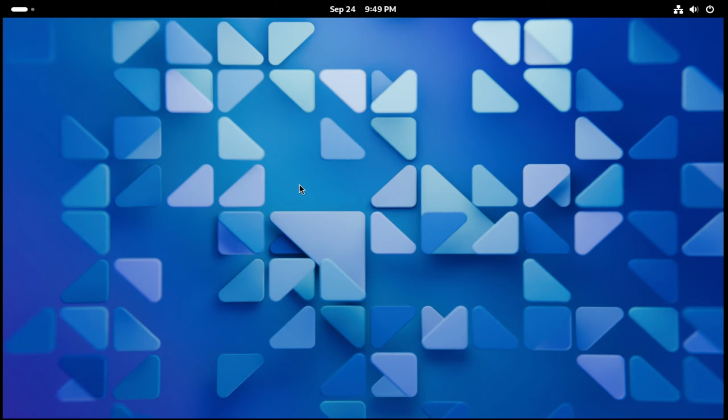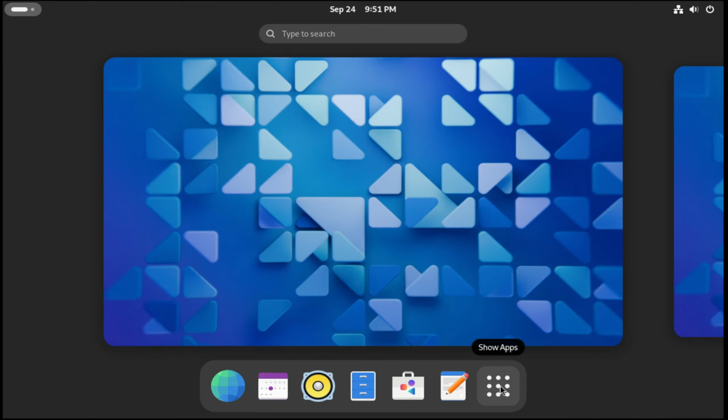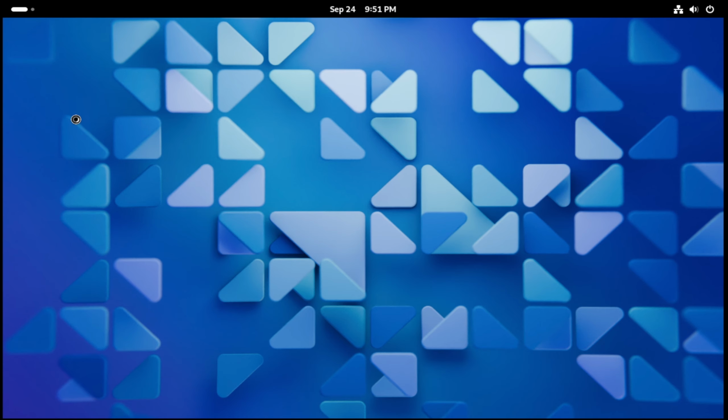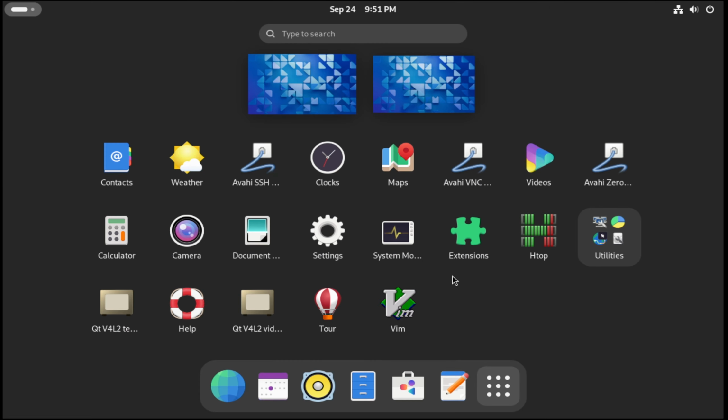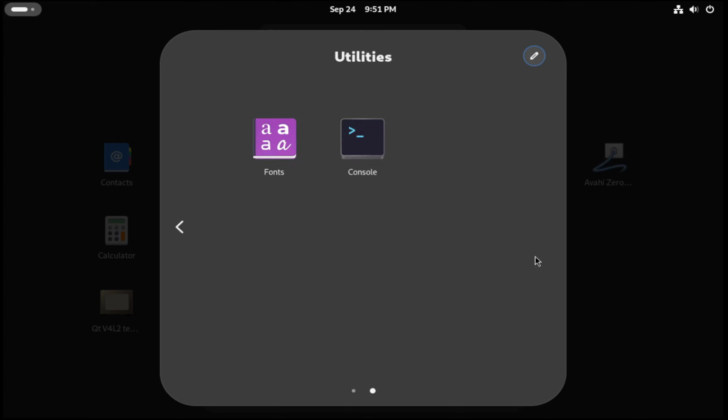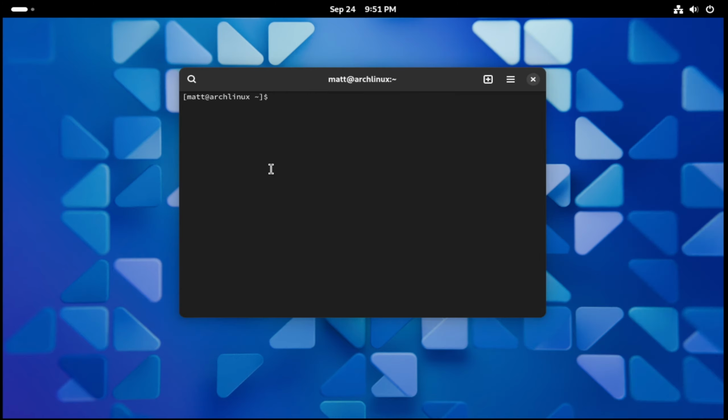That's fine. But let's make the resolution a little bit bigger so we can actually see what's going on, okay? Now, because I'm working inside of a VM, again, I want automatic resolution scaling. Why'd I just open System Monitor? Oh, System Monitor actually scaled pretty well. Where is the console at? There it is. I need to do sudo